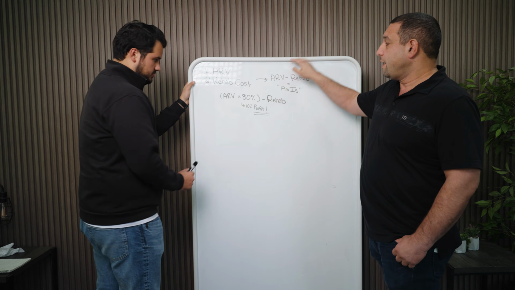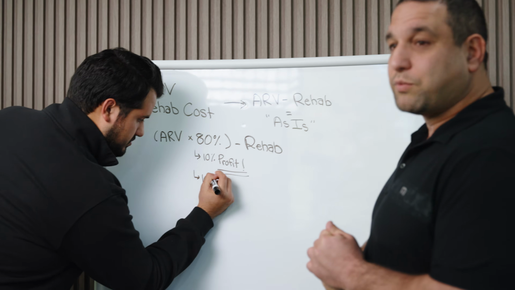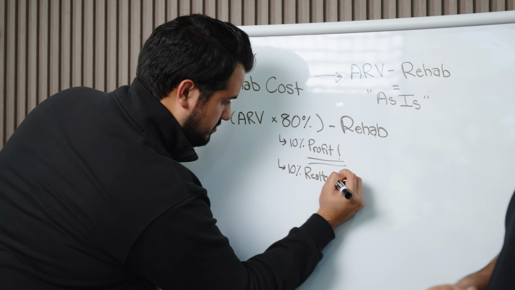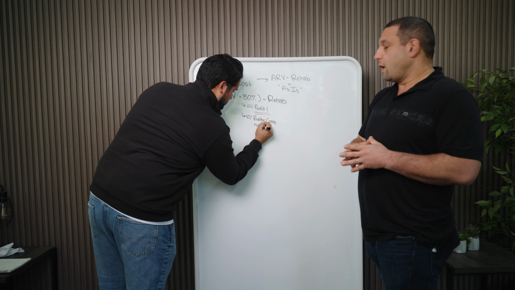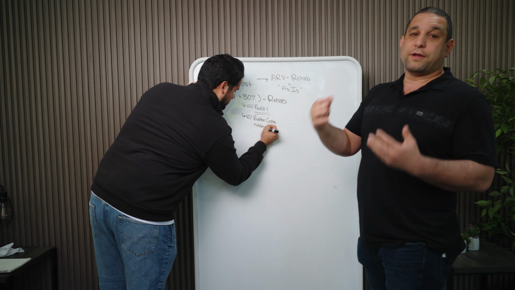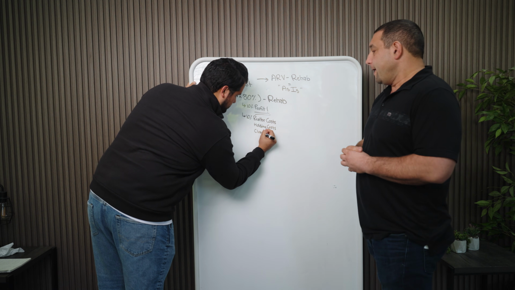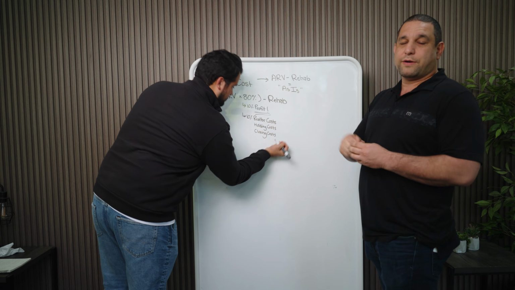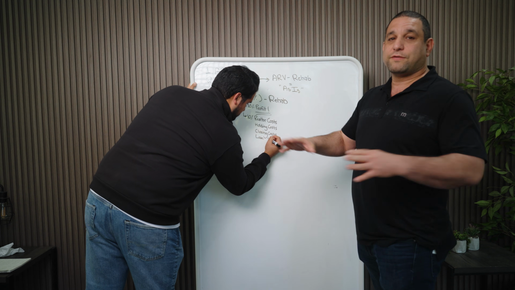So that's 10%. The other 10% is going to go to realtor costs when we sell it, holding costs. That includes insurance, that includes taxes, utilities, and then, of course, all the closing costs. So we're paying the closing costs when we buy it, and when we sell it, we also pay some closing costs. And the other thing you could add to holding cost is if you have a loan on it and you're paying some amount of money. Now, we don't take loans on any properties we buy. We pay cash for everything.